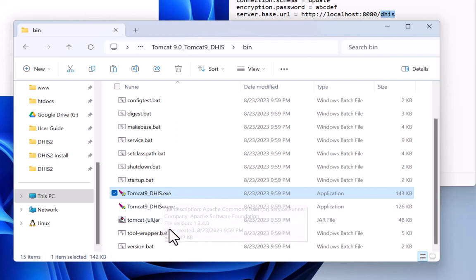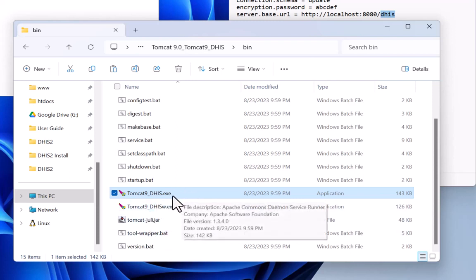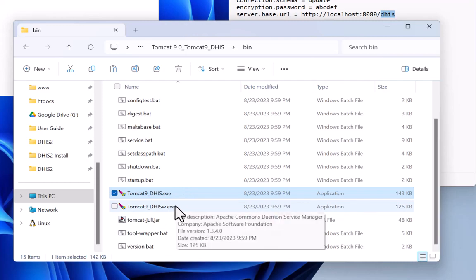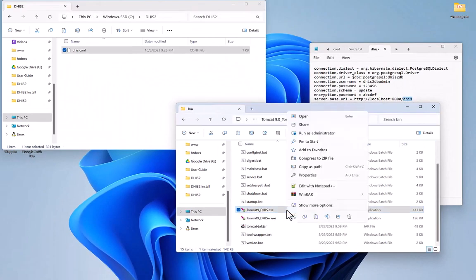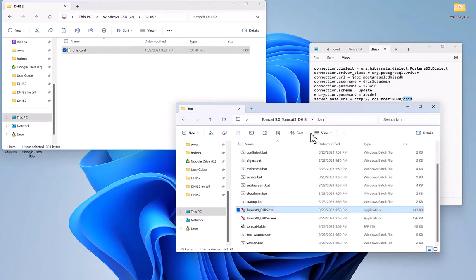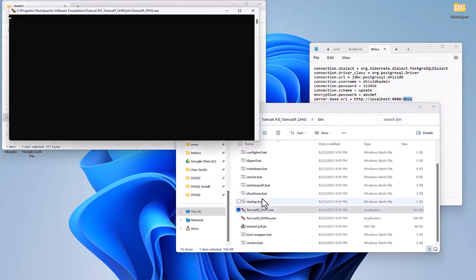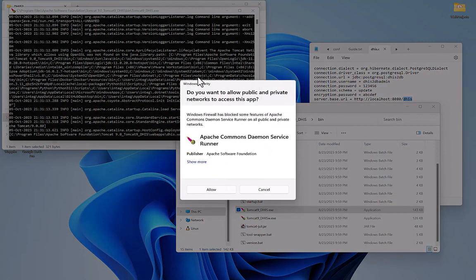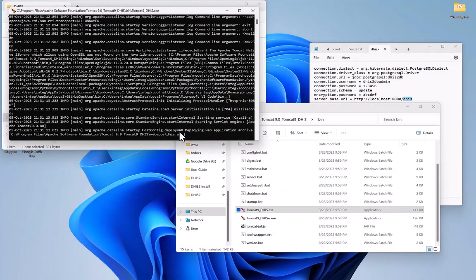Then once that is completed, we can run the W one. So here we click run as administrator, click on yes, and that is going to start extracting the files for us. Click on allow,